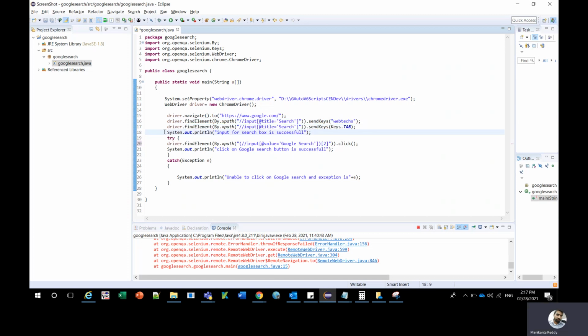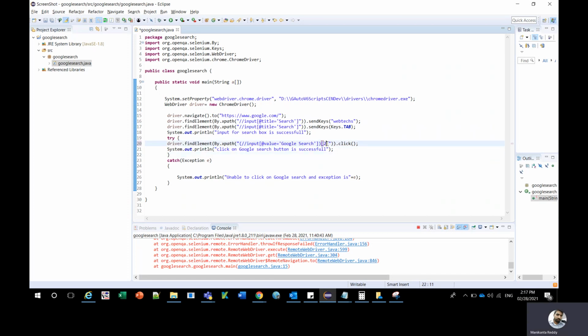This is just a print statement which states that entering the input for the search box is successful. Then we'll enter into the actual scenario where we'll use the XPath that we have tested now, and we'll try to click on that Google search button. If it's successful, it should go to the next line, which tells that clicking on the Google search button is successful.